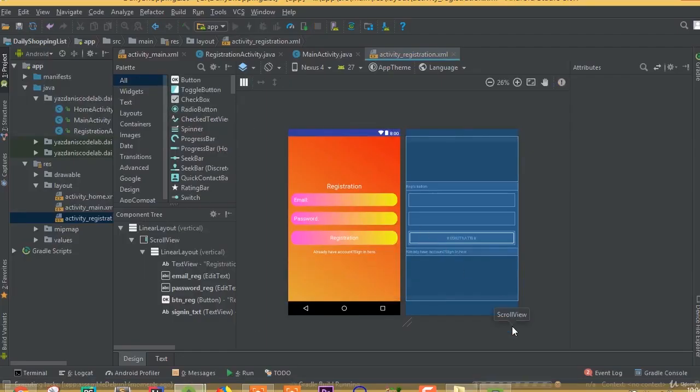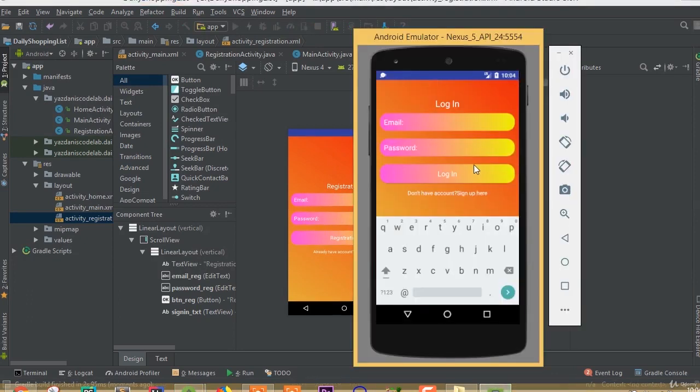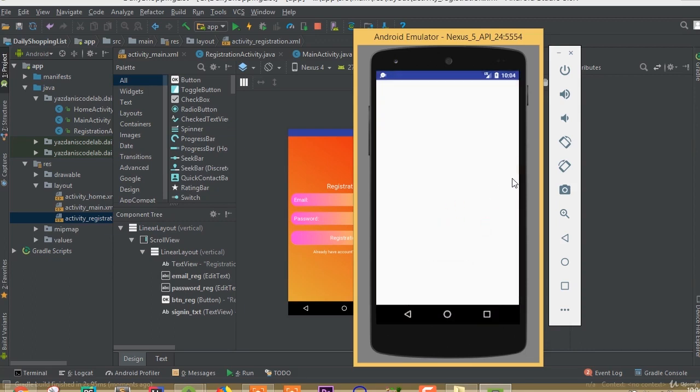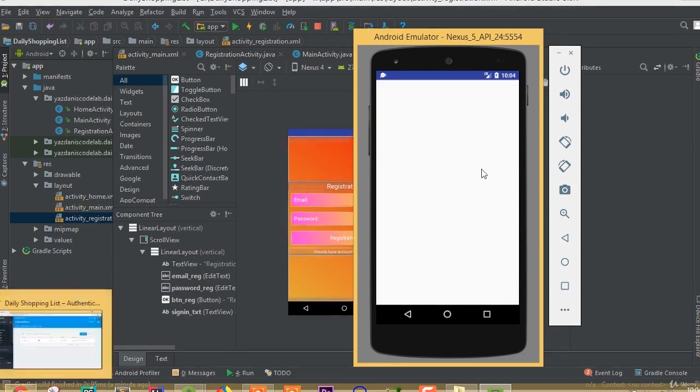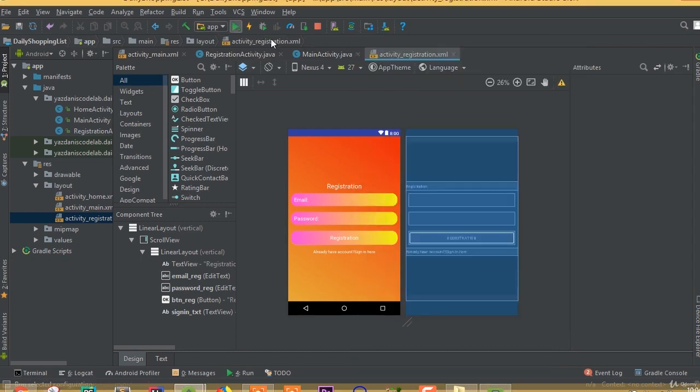Now run these apps. Let's see whether our login activity is working or not. So here is our apps. Now we need to do login. So we can call it agent@gmail.com, and we need to add our password 123456 and hit this login button. And now we are in our home activity. So we successfully complete our registration and login,